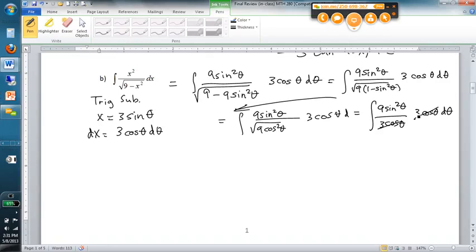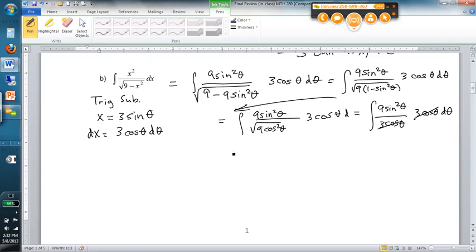Which brings up the next review point here. How do I do the integral of 9 sine squared d theta? Well, to do a sine squared, remember that was an even powered trig function. I use the double angle trig identity, which is,